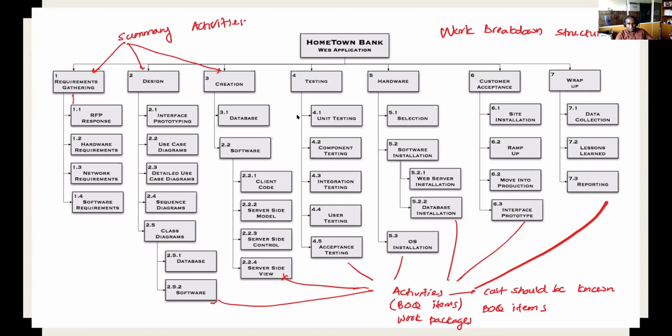So by now you should have the project charter with you, the scope statement with you, and the work breakdown structure with you. This is a part of the planning process. It should be done in the planning. This is done in the planning process. So BOQ is a plan. It's an estimated budget. So it's a plan. This is done in the planning process. This is a part of the plan.